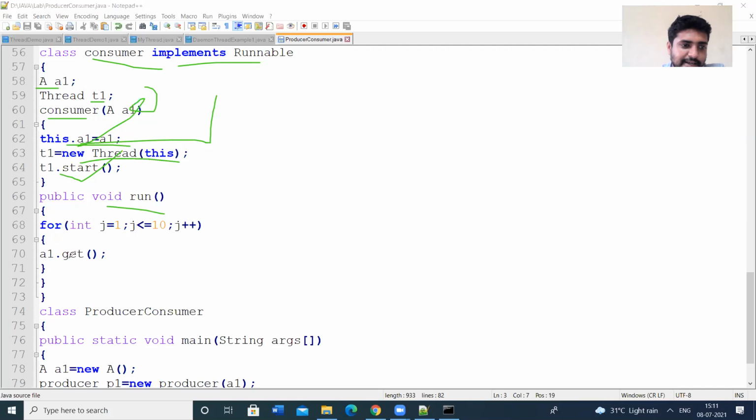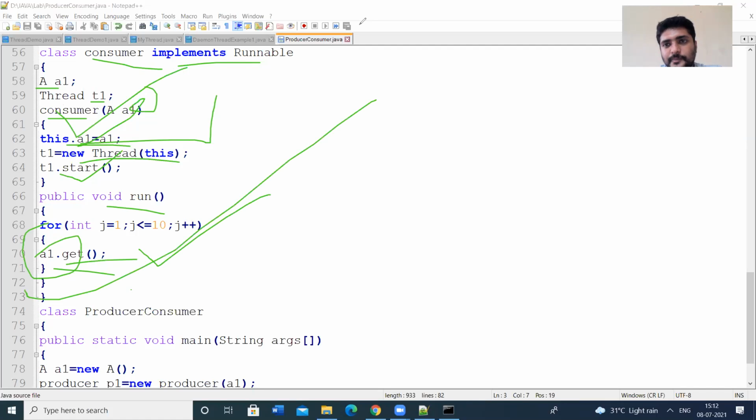Next, in the run method, the consumer will get the items. So we have to call the get method by the object, A1.get. The put method is for the producer, the get method is for the consumer. So this is the consumer class.